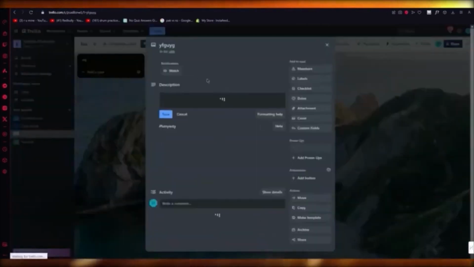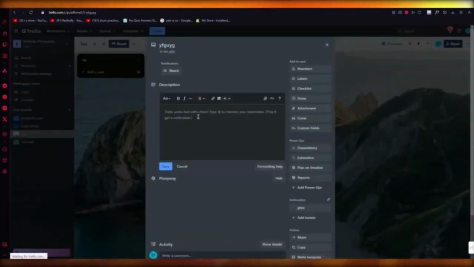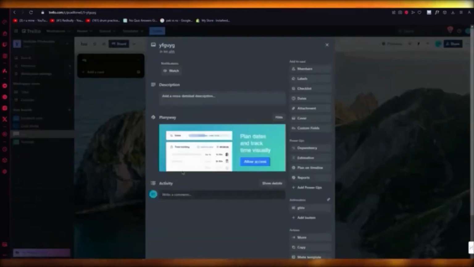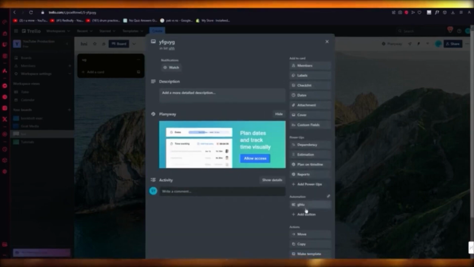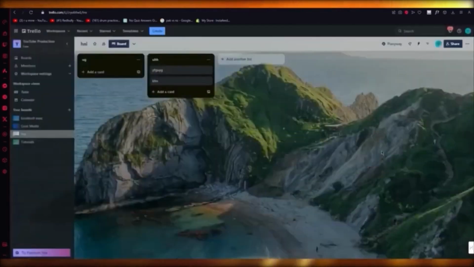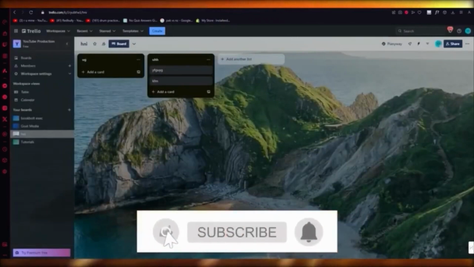And to edit those cards, you're going to click on them, and you can change their descriptions, you can change their activity statuses, and you can change every other aspect of it, like members, labels, checklist, dates, attachment, cover, custom fields, dependency estimation, and all these things. Pretty straightforward and pretty easy stuff to get your head around, and that is how you're going to